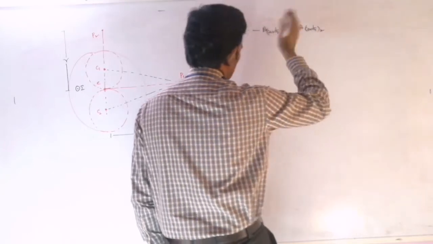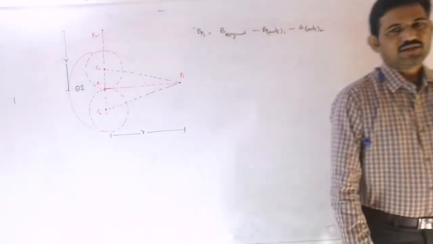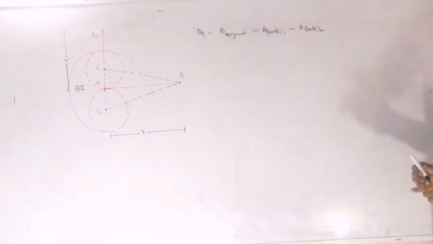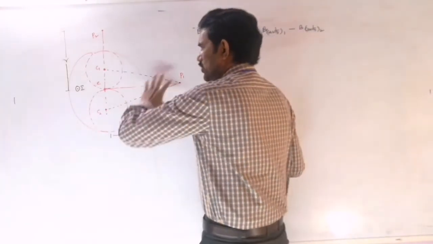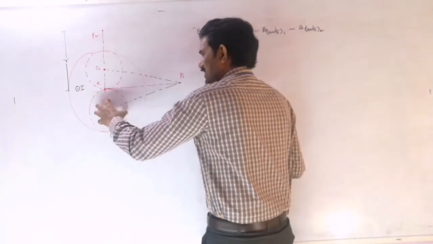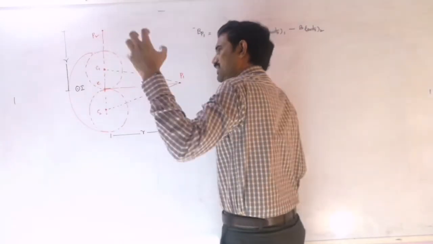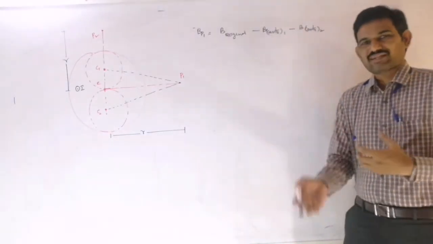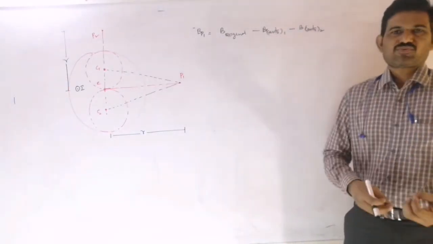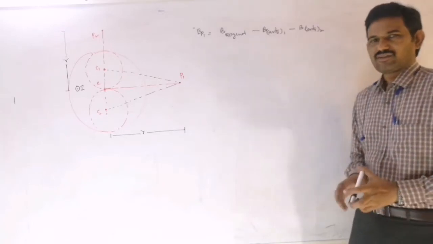That means the cavity is, in a sense, the removed part. That removed part we are taking, and as we are removing it, we are subtracting the magnetic field due to that in this procedure, in this assumption. As in our previous class, we assume the solid conductor, and in this cylinder you have to assume that current is flowing in the opposite direction, that means into the plane. Then we need to add those terms vectorially, and finally while substituting this magnitude, again you will get the negative sign in that also, right?